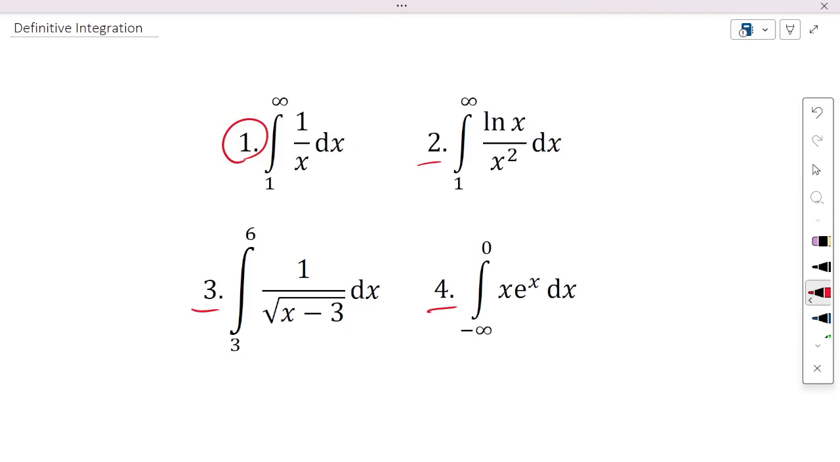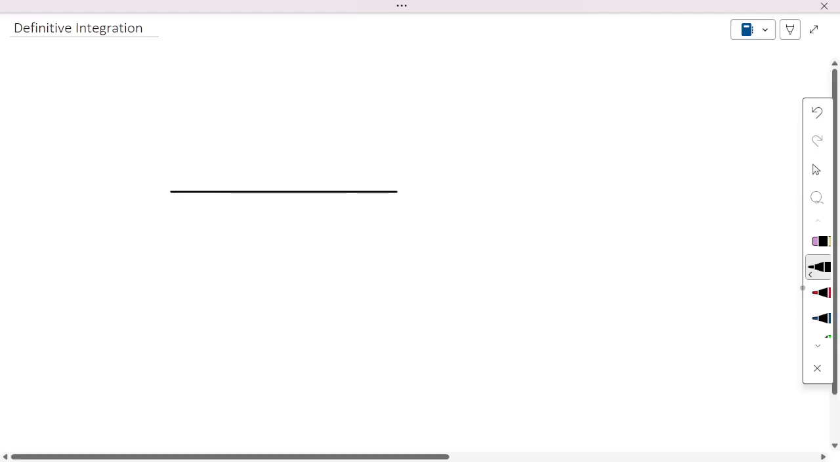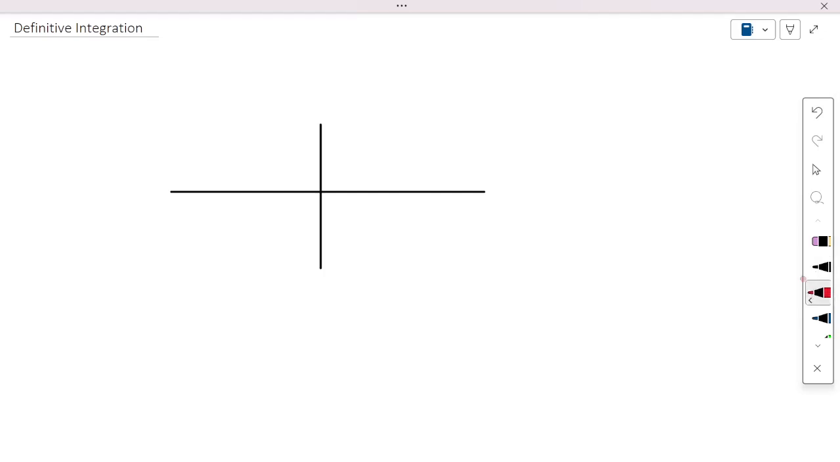Okay. So this is going to be improper integrals. Let's get straight into the introduction. Let's first start off with the following. Well, we know with definite integration, we're going to have over here, let's say a graph, and I'm going to do two sets of axes like this. And then let's say that we have a graph that looks something like,